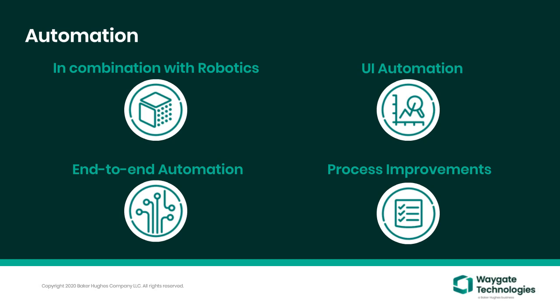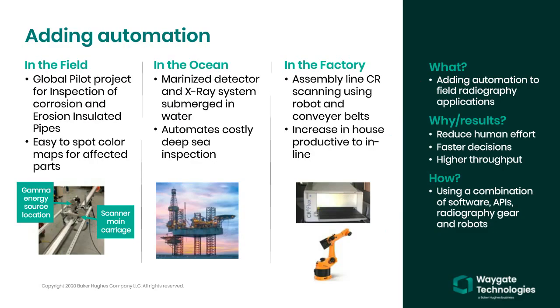Now I will demonstrate a couple of examples where we're automating along with our customers around the world in the area of NDE. Firstly, we have an example with a field and global pilot project where we're analyzing insulated pipes, and we're doing so with robots to accurately measure the wall thickness and look for wall loss and corrosion. We're using our software to help people visualize where these problems are, doing that in a quite automated fashion along the length of the pipes, and as fast as we can, to achieve the best results in the least amount of time.